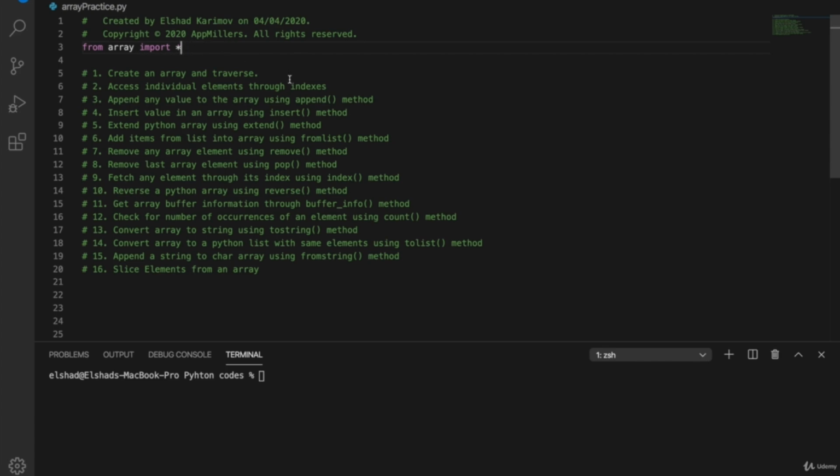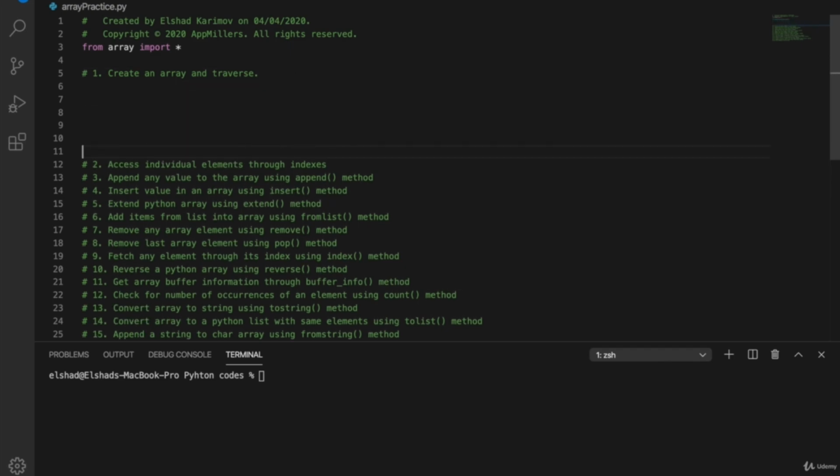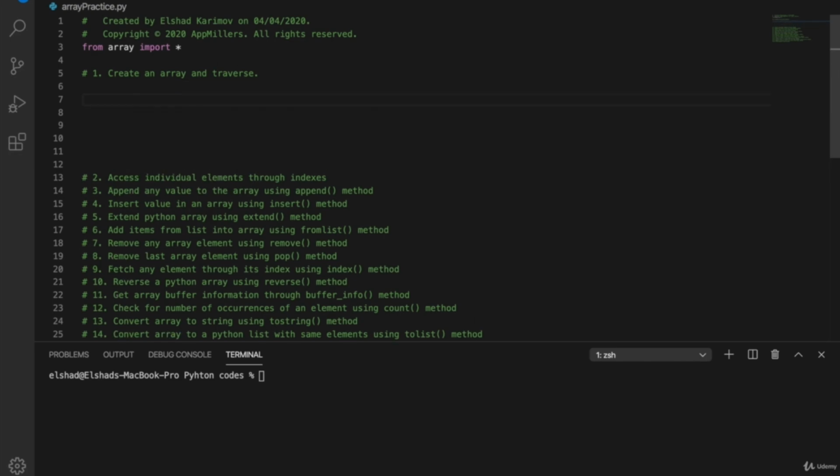So what's the first step? The first step is we create an array and we will traverse through the array. So let me just put it like this, because I want to make these comments a header for each step. So we'll start from here. Let's create one sample array. When we create an array, first we need to write the array's name. So the array name will be like this, my array